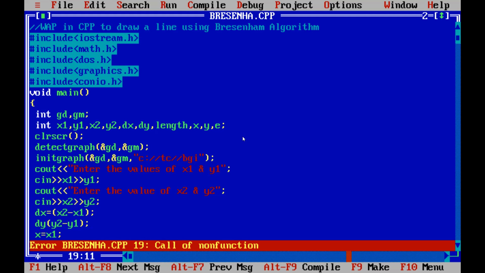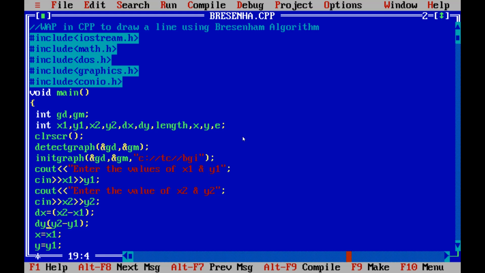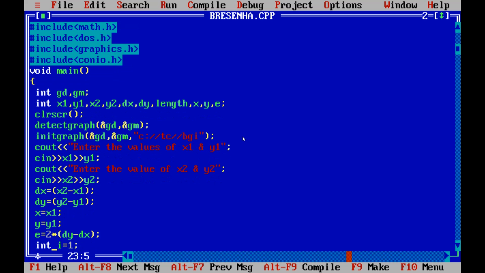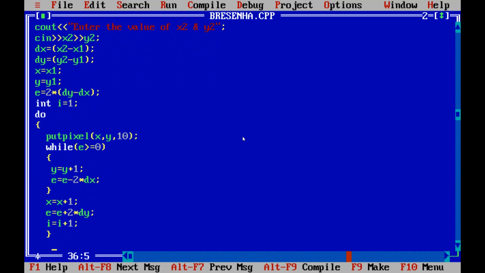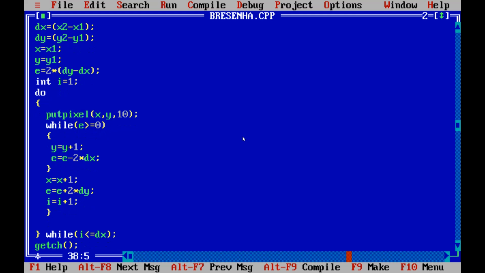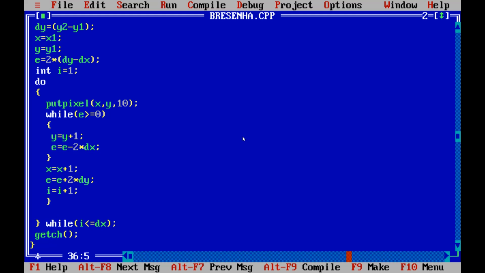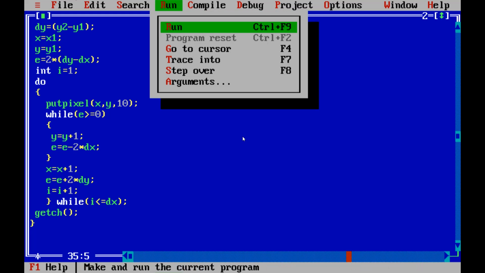So in the calling function we use dx and dy, and we are missing an equal to here. And for the do while, do is here, and while is here. We need a while here. Then our program runs.